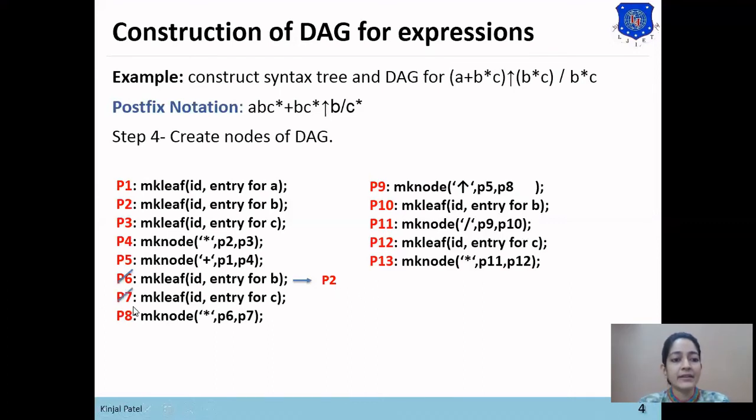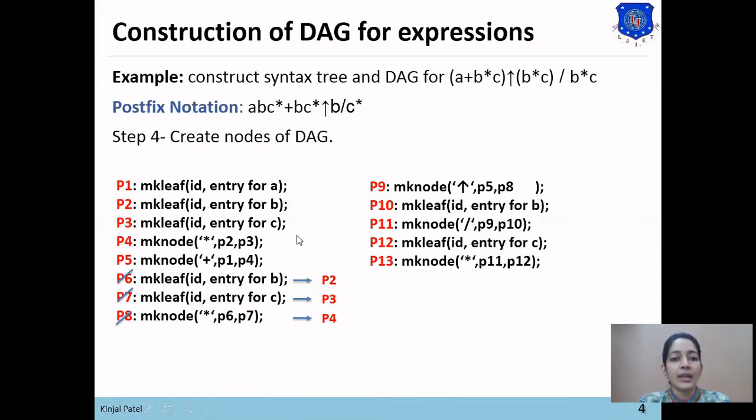Same, the P7 node will not be created, so we'll rename this function as P3 node. Same, the P8 node will not be created, so we'll rename this function as P4. So this function has been renamed as P2, P3 and P4.